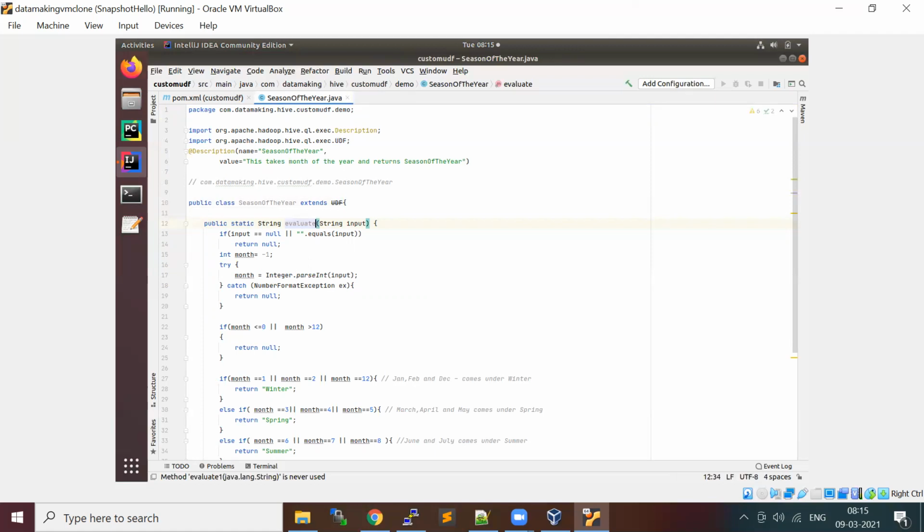Evaluate is the function we need to use in your class. So my class name is SeasonOfTheYear, extending the UDF, and I'm creating a simple method called evaluate. It is going to take an argument, right? So basically if you pass the particular column, say for example you have a month number column,